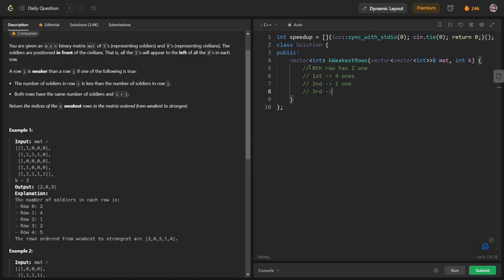The third row has 2 ones, and for the fourth row we have a total of 5 ones.